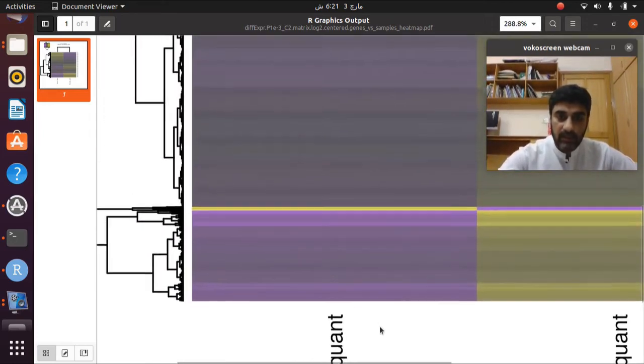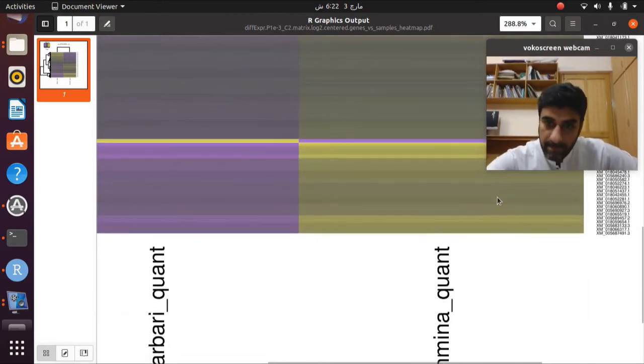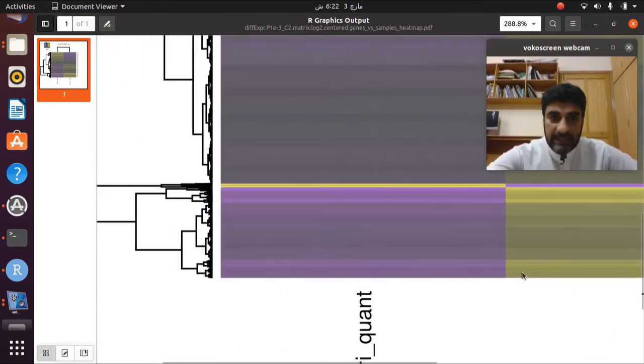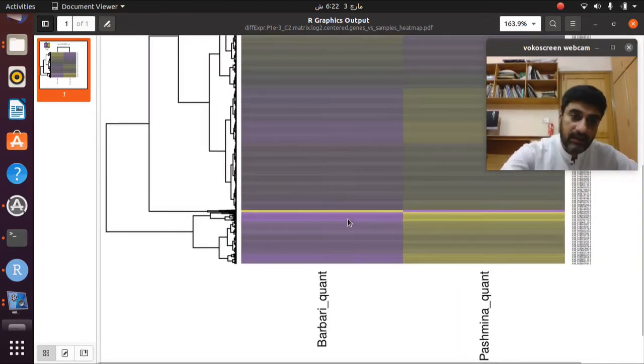These are the same genes. You can count different genes, like 1, 2, 3, 4, 5, 6, 7, 8, 9. For example, these are the 30 genes. So these 30 transcripts are upregulated in Pashmina, while they are downregulated in the Barbary goat, and these genes are clustered together.